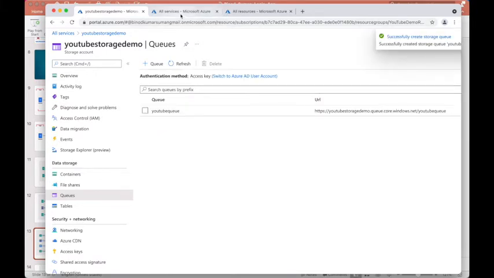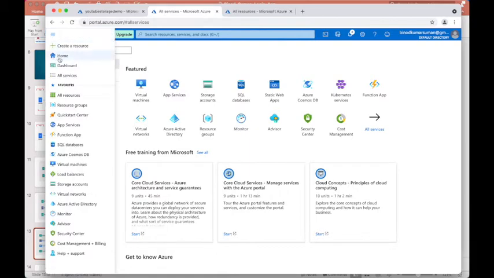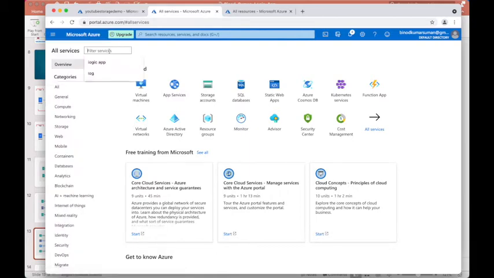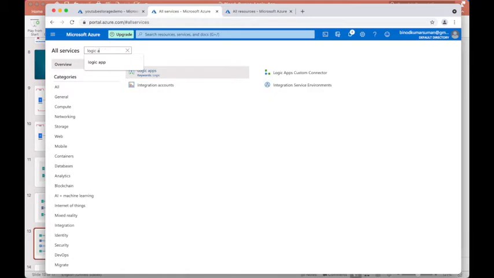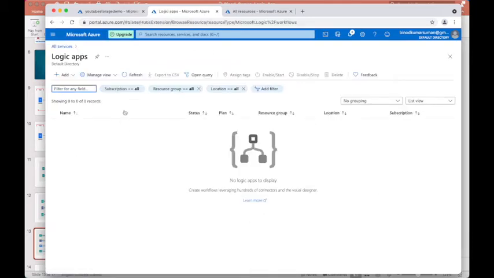Now I open a new tab. So now we have to create the first Logic App, right? So hit this button, all services, and type Logic App. Here you are seeing, right? So click here, and I don't have any Logic App, so hit this button. I'm going to use the consumption plan, so it will create the serverless Logic App.